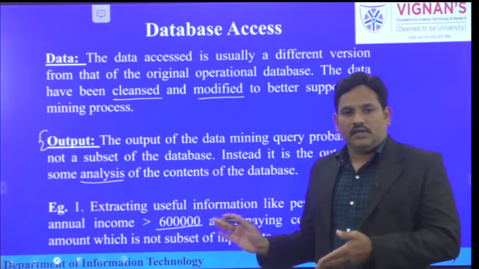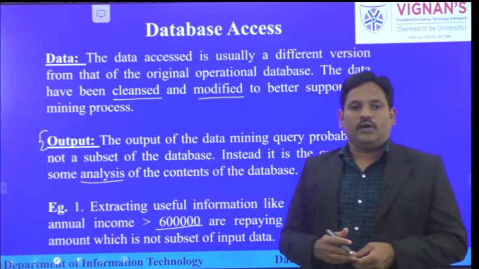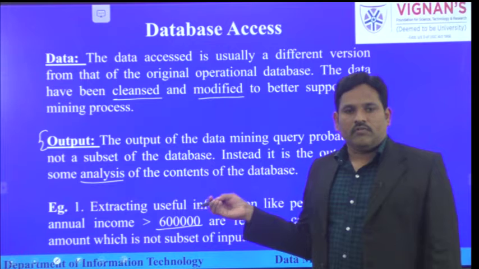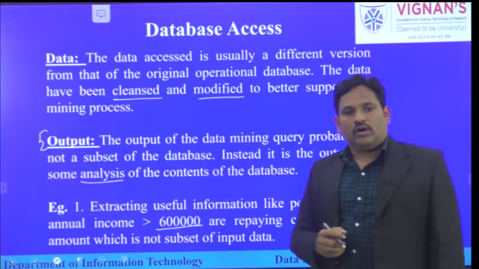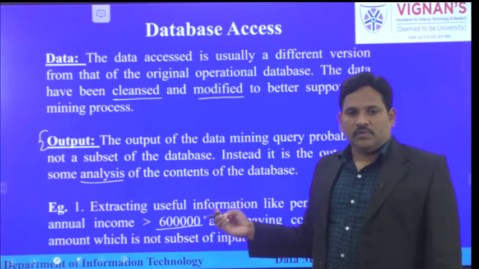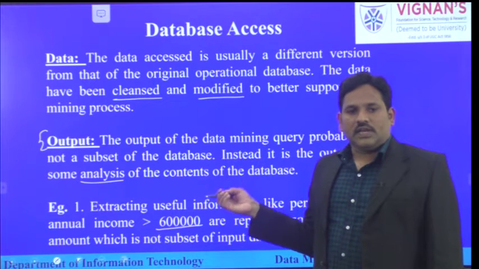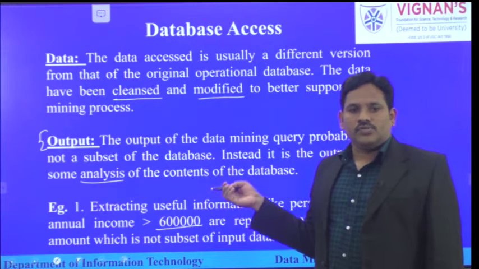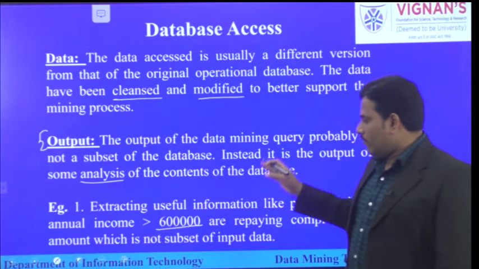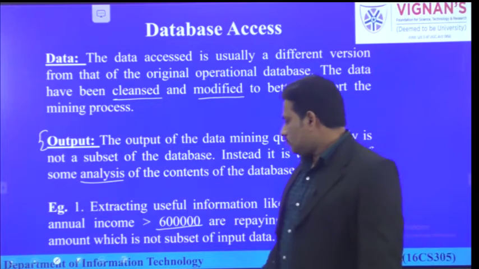Here we took annual income. We can take one more attribute, like whether he or she is married or not, whether they have their own house or not, and what is the age of that customer. By seeing age, income, dependents, and personal assets, we can come to a conclusion whether they will become a defaulter or not. So this is the way of analyzing the data using these types of tools.